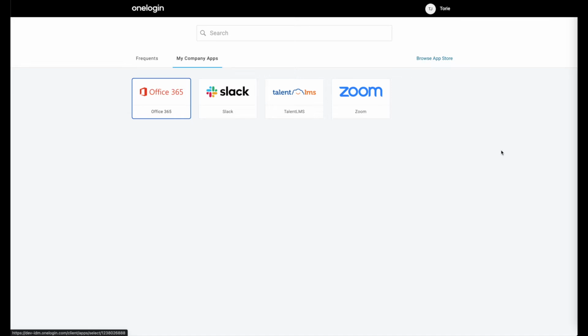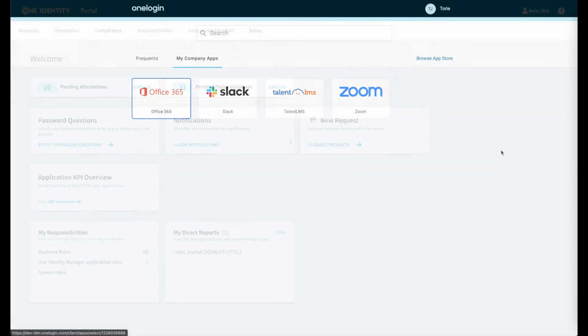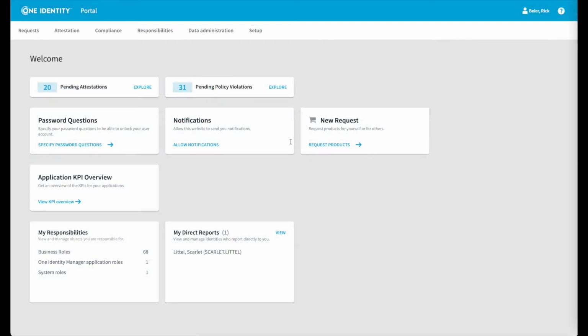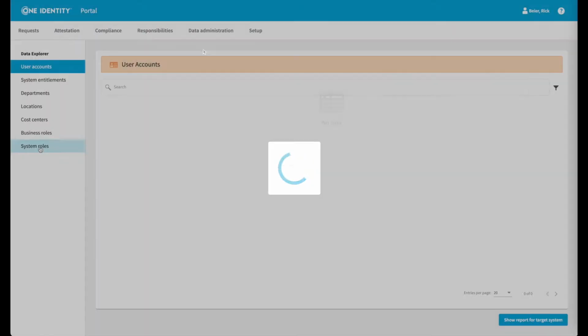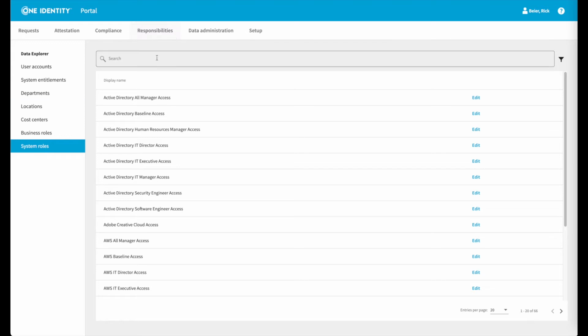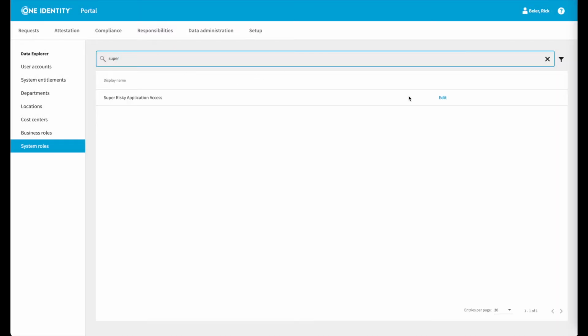Using system roles, Identity Manager can collect many access objects into one governable container. So, for example, this Zoom application on the user's OneLogin dashboard represents more than one thing, as do all applications. Not only does the user need a OneLogin account and the correct entitlement to create this application on their dashboard, but they also need a Zoom account and entitlements on that account as well. Identity Manager uses system roles to put all of these access items into one container that you can govern as a unit.